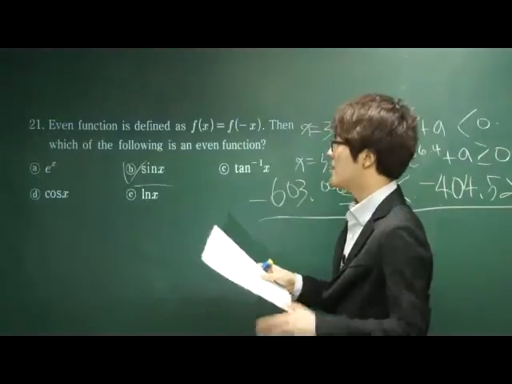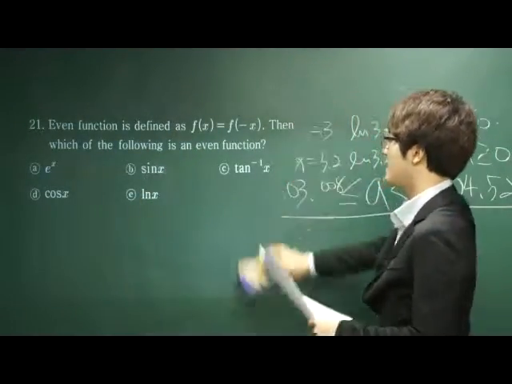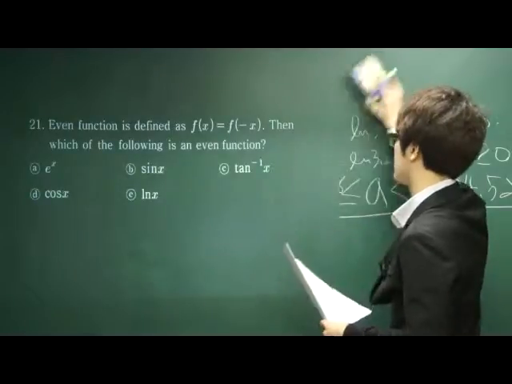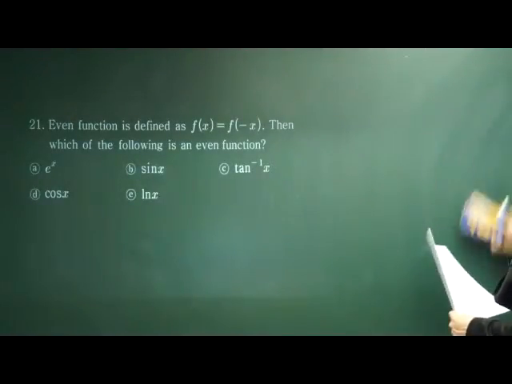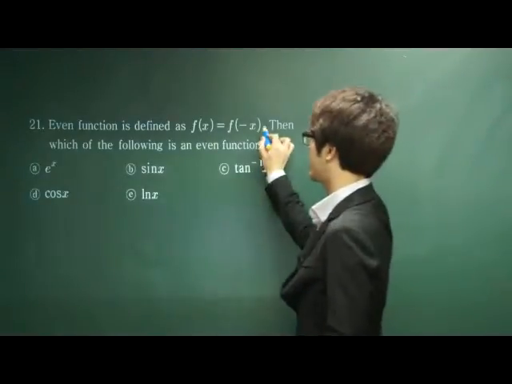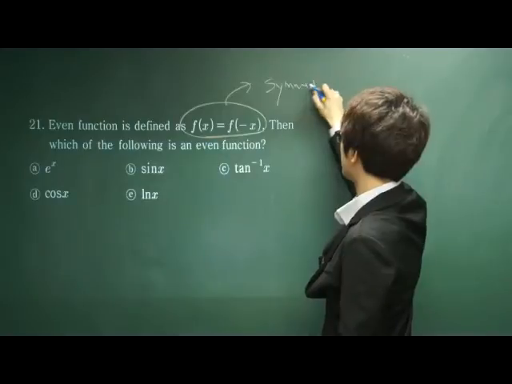Number 21 says an even function is defined as f(x) equal to f(negative x), right? We just covered this a few questions earlier. What was this? It was the symmetric to the